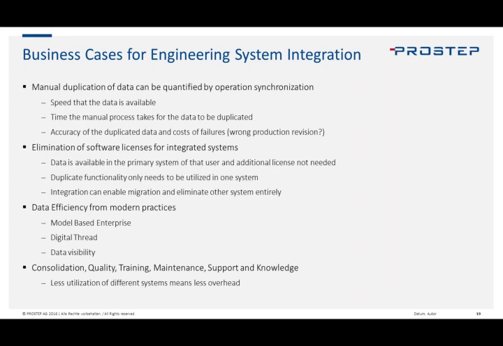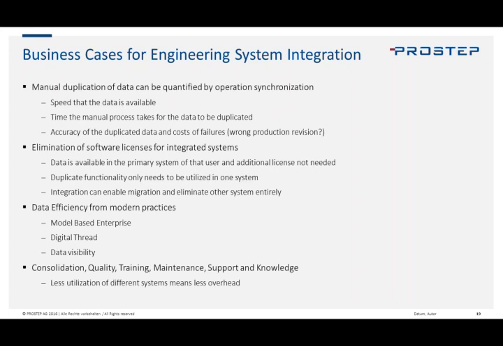There's elimination of software. So the more integration that you have between these different systems like PDM and PLM and ERP systems, the less users you're going to need on them because you can replicate the data between those. And so that means that they only need to use one system instead of 2 or 3. Could be that then also that elimination of software could come from a migration. You synchronize enough of that data over and you no longer need that other system. But this is a good business case to do an evaluation of those part-time named users and then maybe help